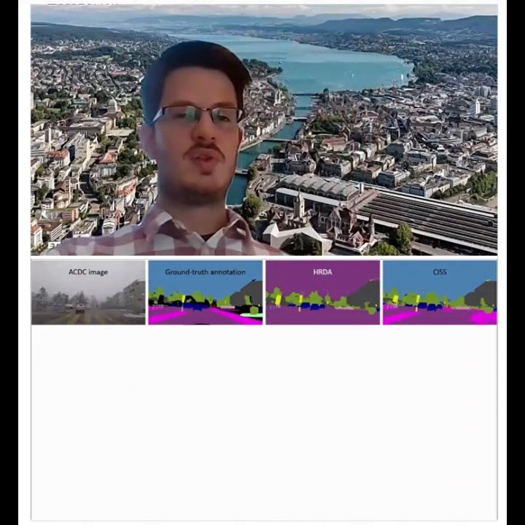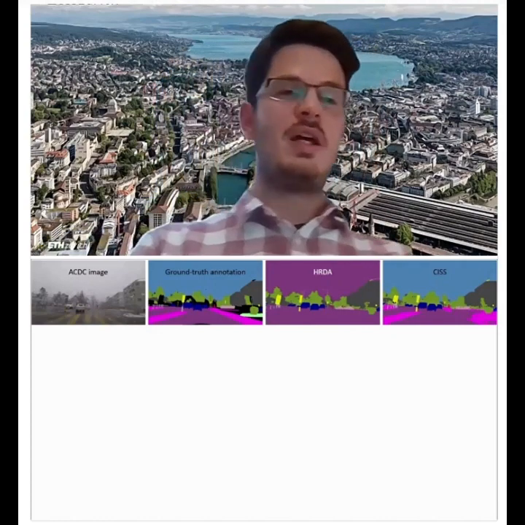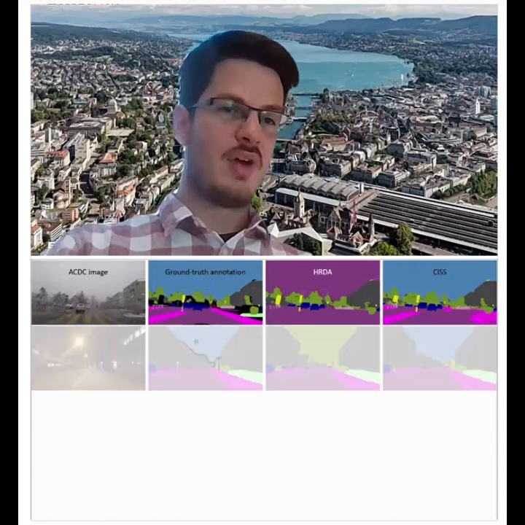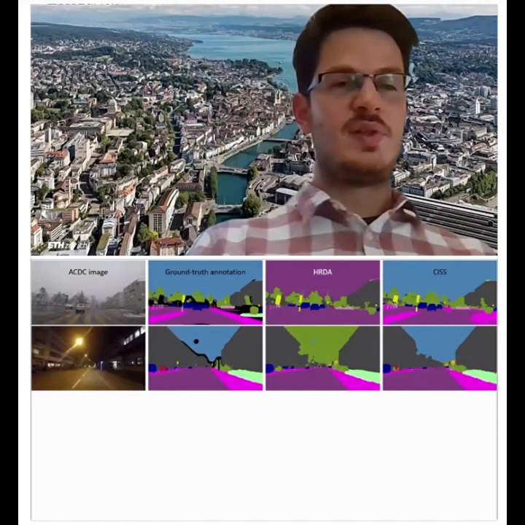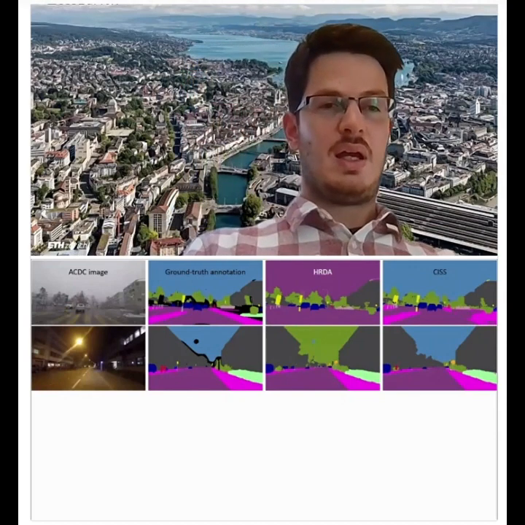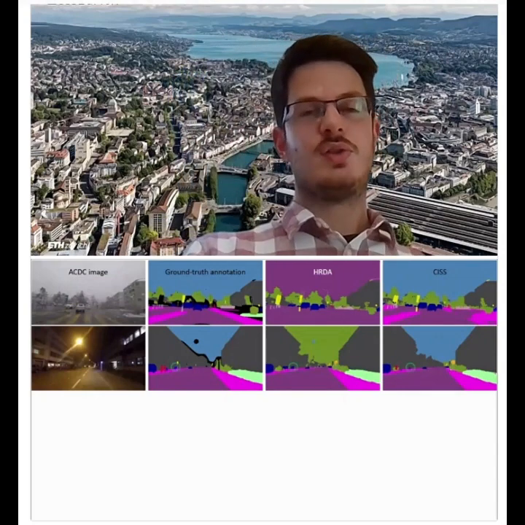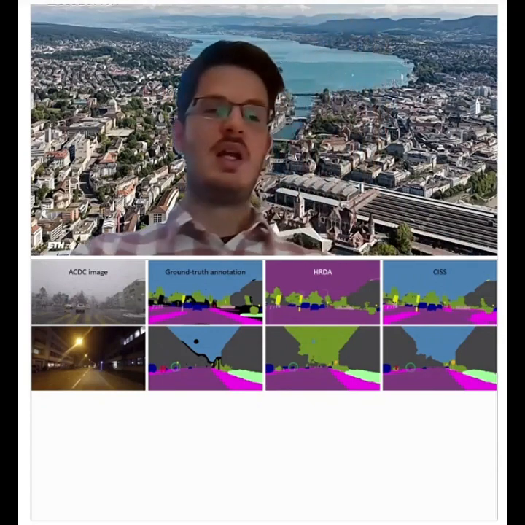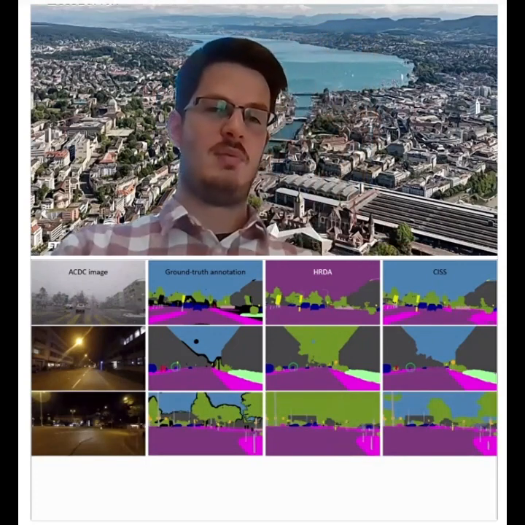So I think what is more interesting here are the qualitative results. For the ACDC, we have a variety of adverse conditions, and you see that the previous state-of-the-art approach fails on the sky class. Here it predicts it as road. Then on this difficult nighttime image, you see in the ground truth in the second column, we have some very hard to see pedestrians, which are denoted by red. The baseline approach, also a competing method, fails to detect them. We are able to detect this pedestrian and also a very far away motorcycle, which is even impossible to see by bare eye.